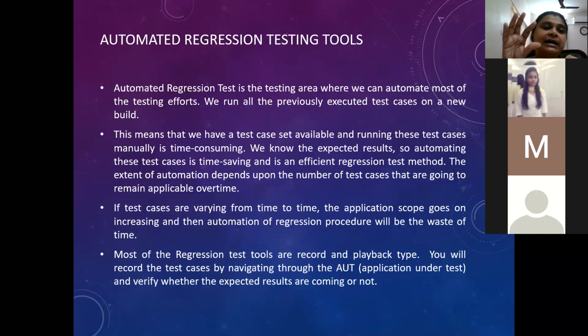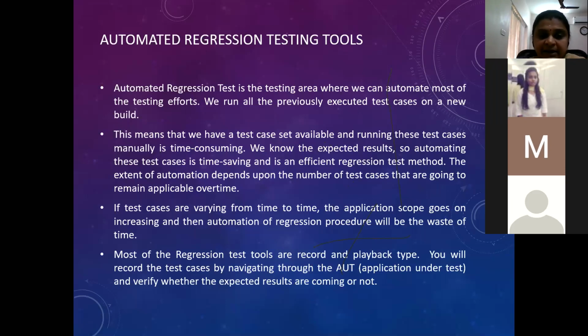Now, we have only understood what regression is. We'll now move on to the automation part of it. This automated regression test is a very, very important area. More than automating anything else, people are more interested in automating this regression test suite alone. Why? This particular test suite is something that takes more time. If you can minimize the test effort here, that is going to give you a very good effect. You will be able to save a lot of time here.